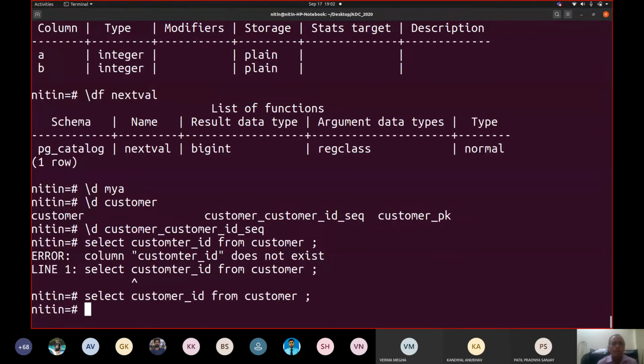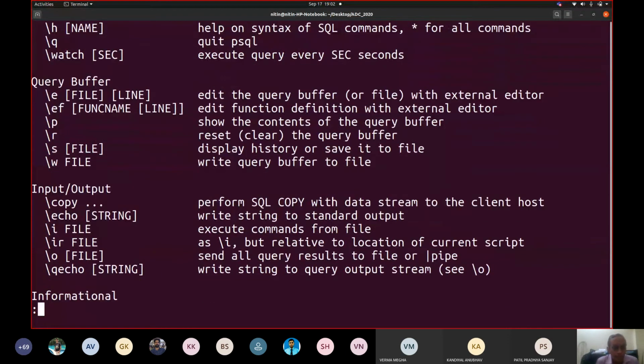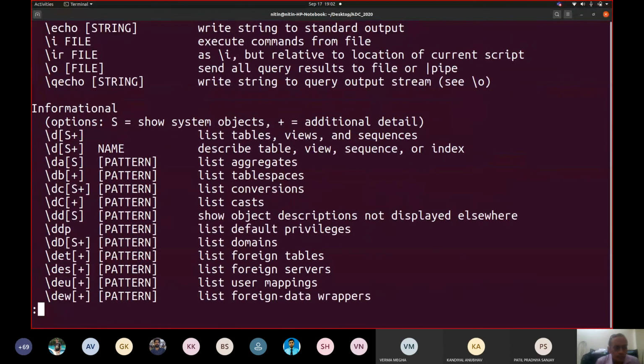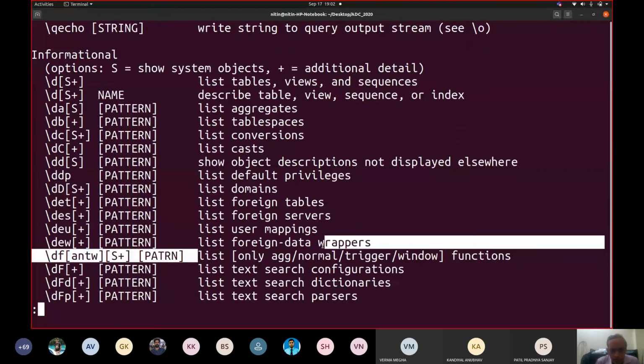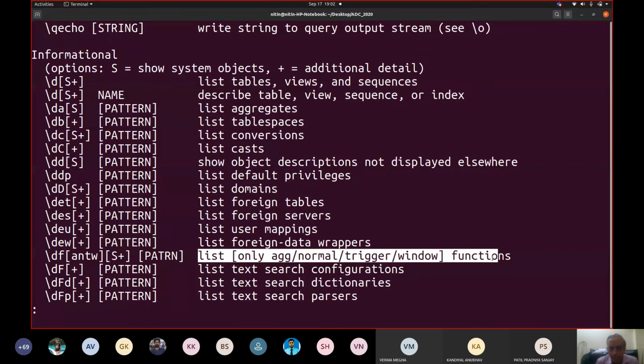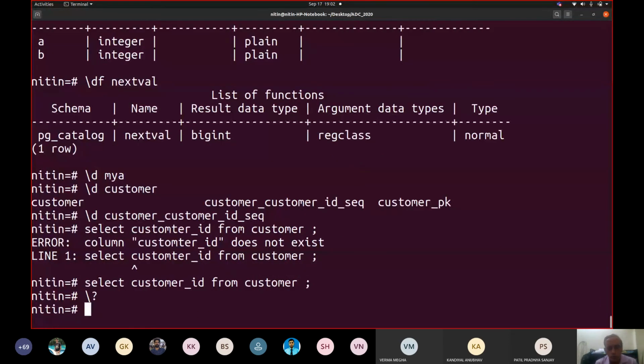Fine. Okay. So we saw one important command with respect to this. Suppose now if I write /df, now if you recall, when we saw the definition of this command in /df, you might have seen that it lists these functions. So it says aggregate as well. Which aggregate function have you used? For example, let us take sum. If I write sum, how many definitions of sum have you seen till date? You used only one, correct? Now try to see what it shows.